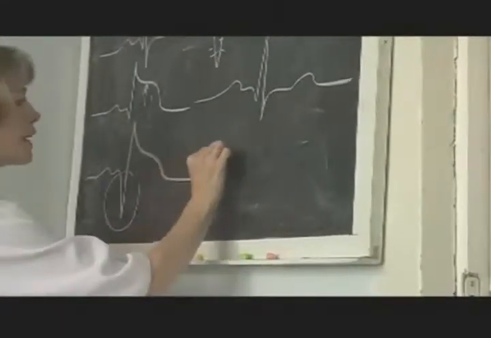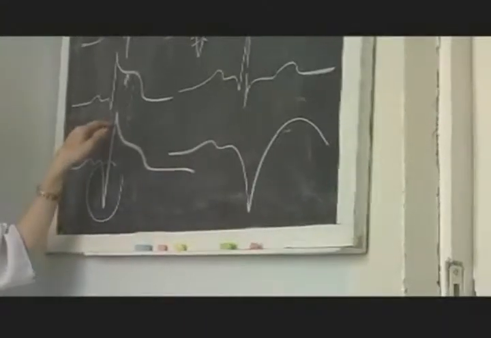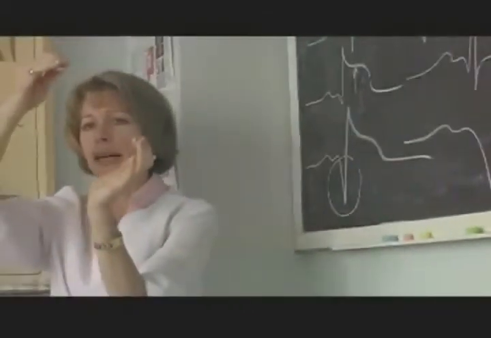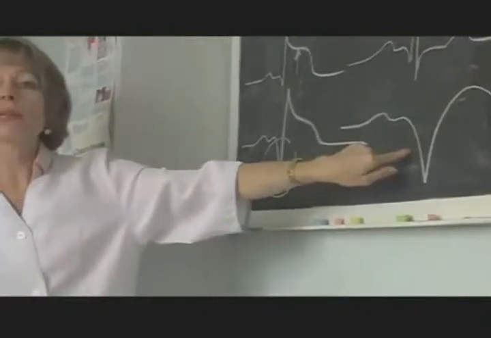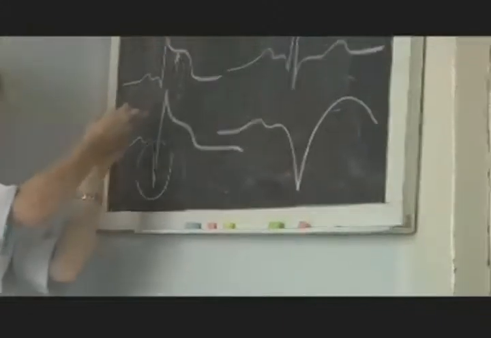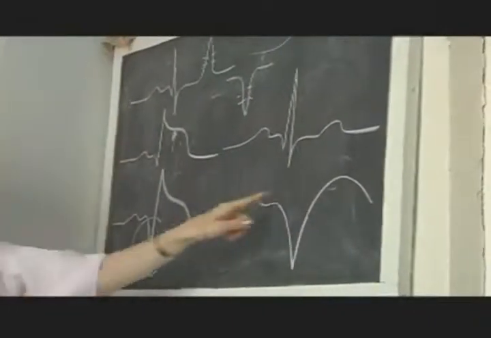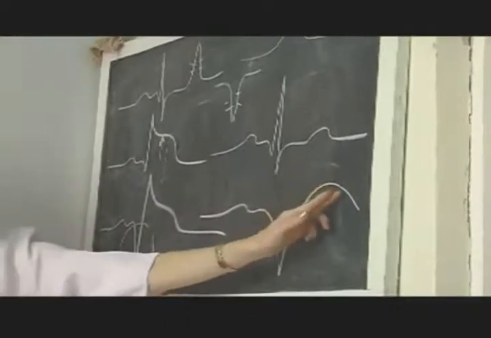ECG will be changed. T wave cannot be seen. R wave is absent. Why? Because the R wave indicates contraction of heart muscle. But if the whole heart muscle is necrotic, how can it contract? It's impossible. The R wave cannot be. Instead, the R wave will be a pathological QS complex. This is both negative Q and S wave. They are connected, and instead of the normal complex we will see a pathological QS complex and a raised ST segment.